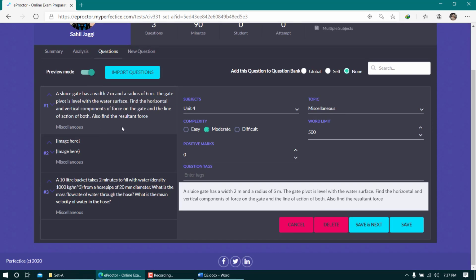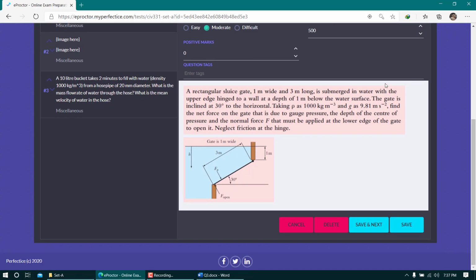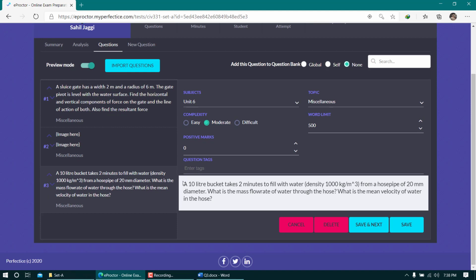Preview mode means if I click on this question number 1, I can see how it is going to be visible to the student. It seems fine. Select on image, second question, and this is how it will be visible to the student. Again, readable, fine. Third one, again the preview seems readable.